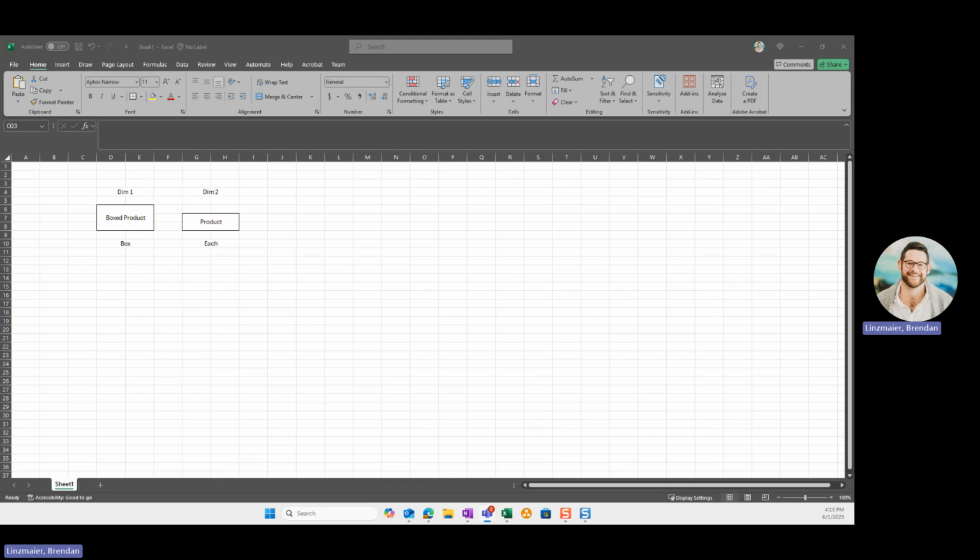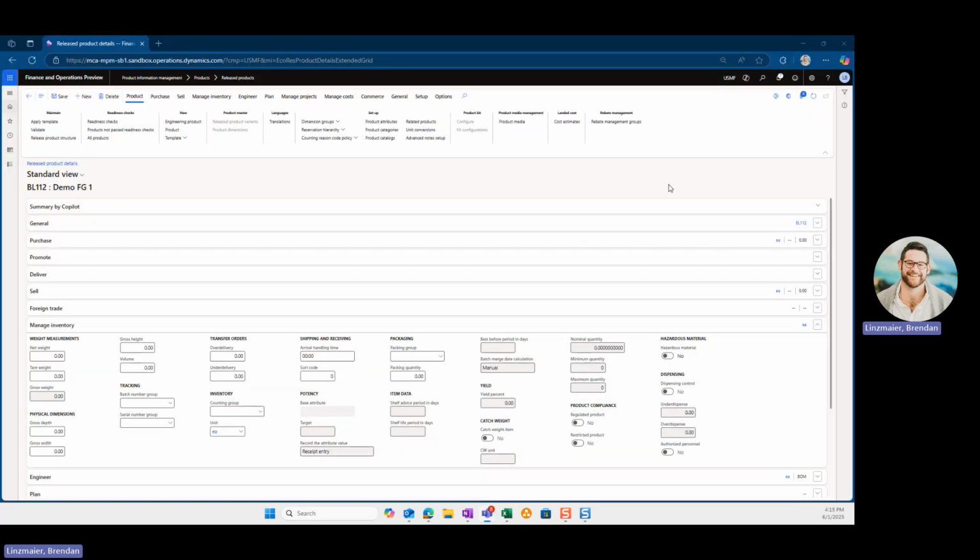So in this example, I'm just showing you in Excel. I have eaches, which I represent as my physical product, and a box unit that I consider the box product, and each of them has a dimension. Okay. So when I'm in D365 for my demo item, if someone's new to Dynamics and they're looking to see